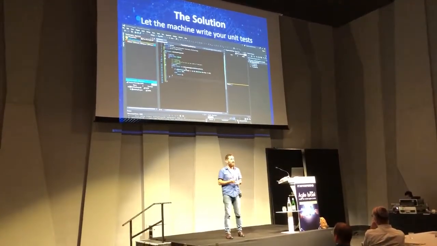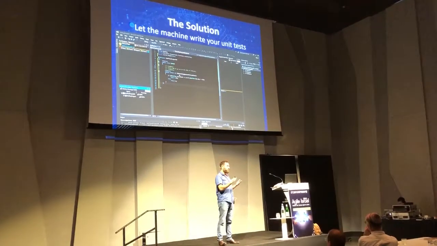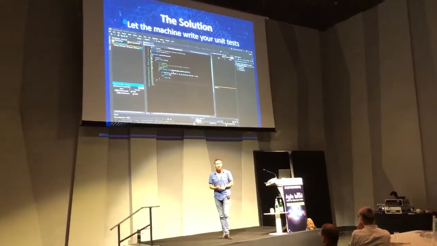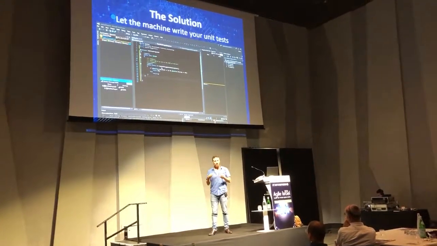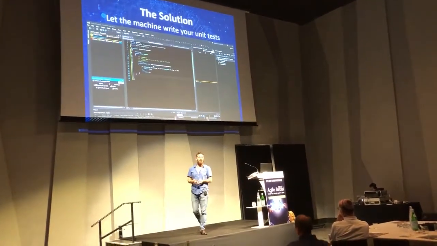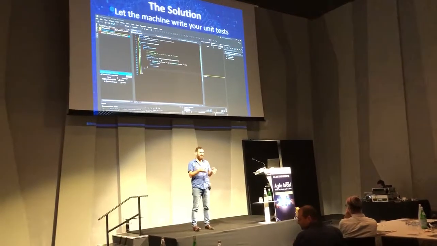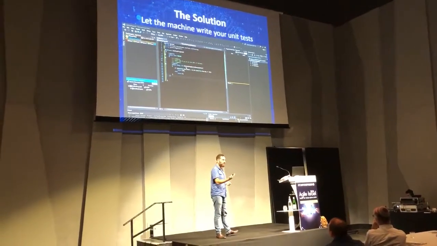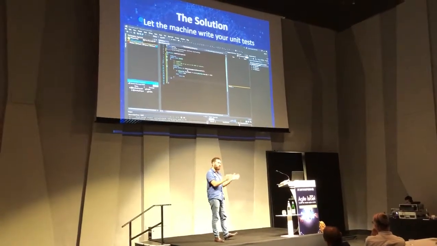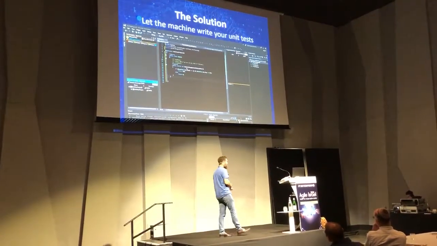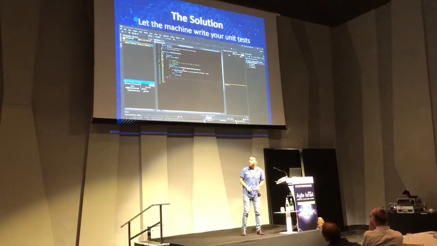This is a big advantage for computer-aided generation, because the computer doesn't really need to understand what the code does. It just needs to understand how it does it. So it doesn't need to know the business logic behind it. It just needs to know what's happening in the test and how to create the right inputs for it. That's one big advantage.